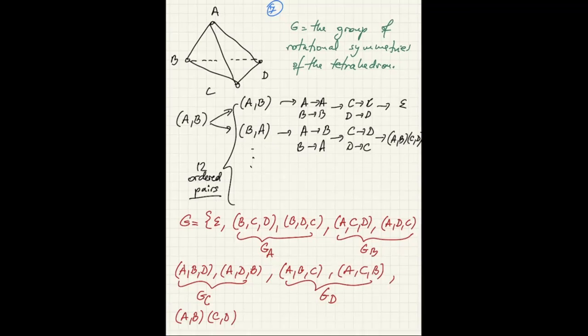So AB with CD, if you look at this, take the midpoint here and take the midpoint here, and you do a rotation along this of 180 degrees, then if you rotate, let's say this way, then A is going to end up in the place of B, B is going to end up in the place of A, and C and D also swap places. And that will happen for any two opposite edges. So AD and BC product. So this is the group of symmetries, and it has,